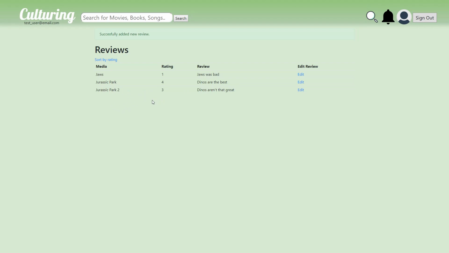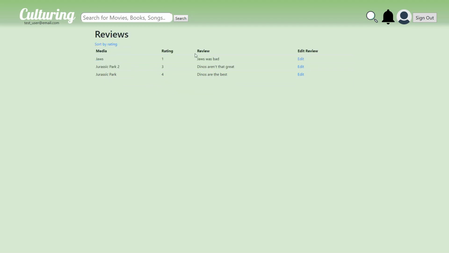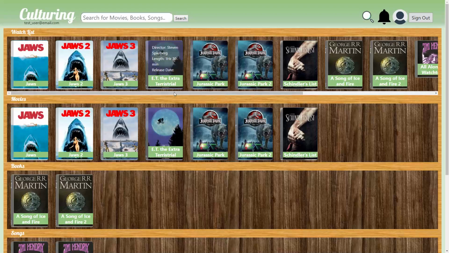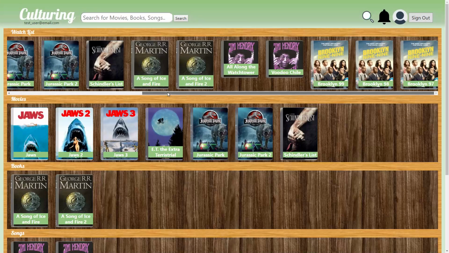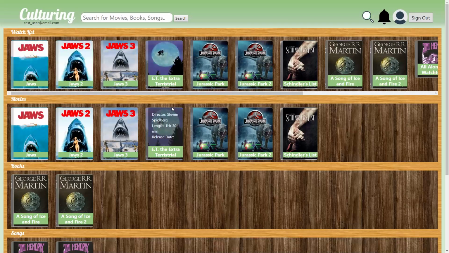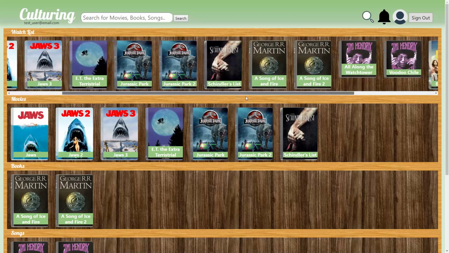Now if I click sort by rating, it'll sort them by their rating from lowest to greatest so that you know what titles to avoid. So that's about it for the reviews. If we go back over here, that is pretty much it. We can also click right up here, and this just gives a big rundown of all the different stuff that's in our library currently. So you'll notice here all the Jaws, we have ET, a couple Jurassic Parks,